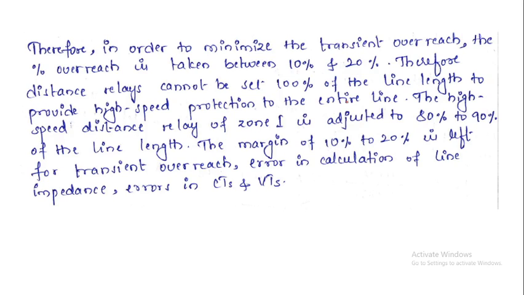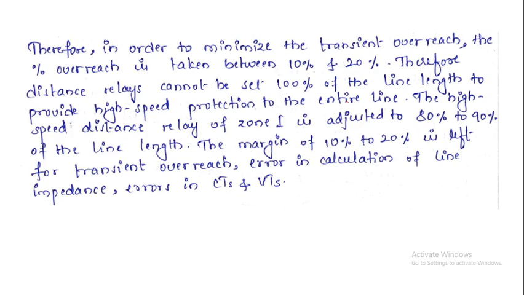Therefore, distance relays cannot be set to 100% of the line length to provide high speed protection to the entire line. That's why the high speed distance relay of zone 1 is adjusted to 80% to 90% of the line length. Okay, so earlier also I told you 100% line protection is not provided, it is restricted only to 80 to 90%. So the reason is we have to provide a margin, 10% to 20% is left